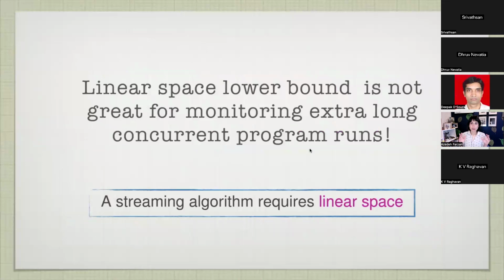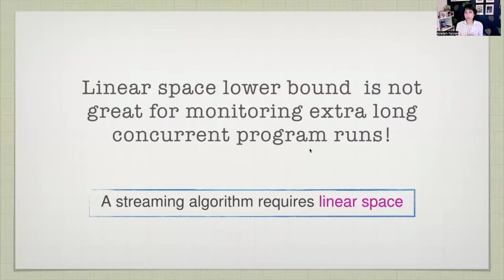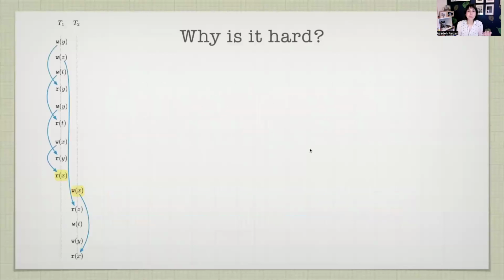The most bad news on the slide that you saw is this linear space lower bound, right? The linear space lower bound effectively says that the algorithm has to remember the entire run to make a decision. And once you give it the power to remember the entire run, streaming fashion is really not a streaming fashion anymore, because the entire run is in the memory of the algorithm, okay? I won't give you a proof, because it would take probably 15 minutes, and it's a little complicated and it wouldn't click. I'll flash the idea of the proof using an example.